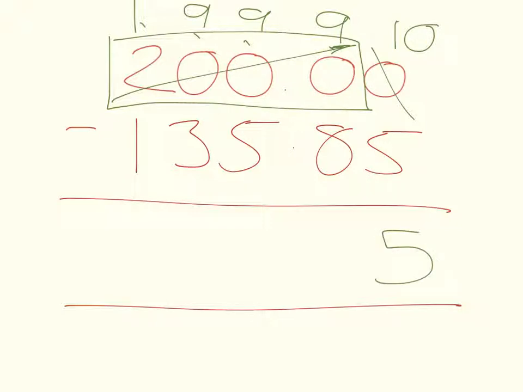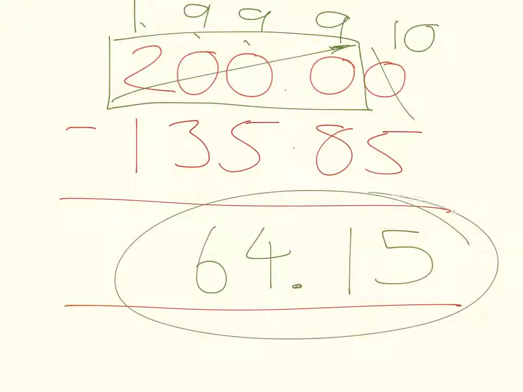9 take away 8 is 1, not forgetting the decimal point. 9 minus 5 is 4. 9 minus 3 is 6. And 1 minus nothing. 1 minus 1 is nothing. So there's our answer. If we start off with $200 and the whole thing costs us $135.85, then the final total is